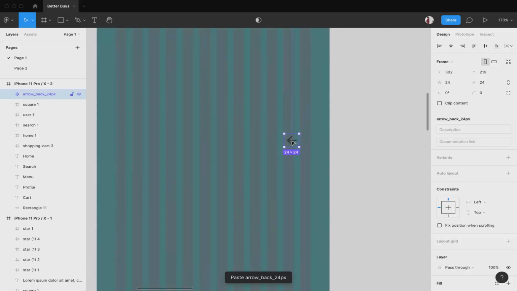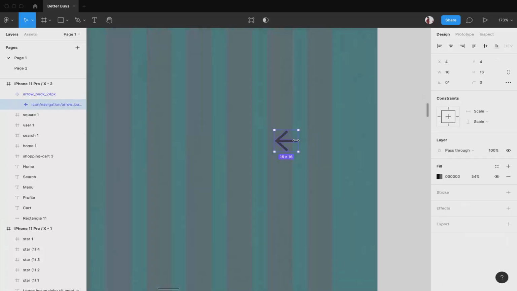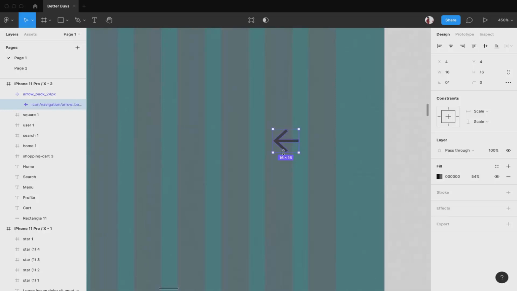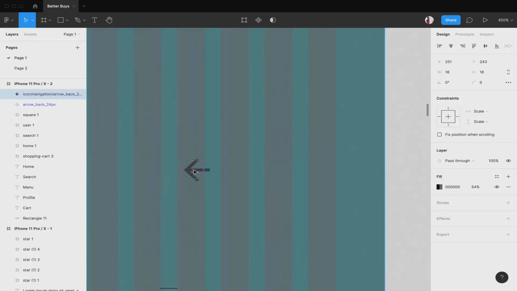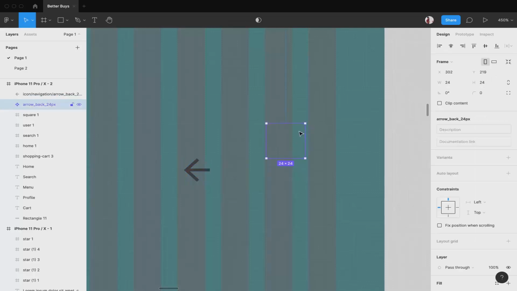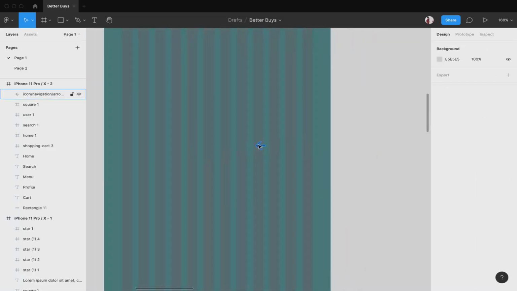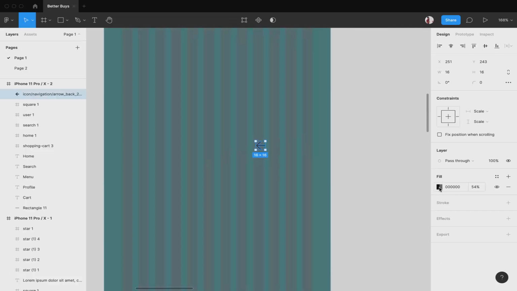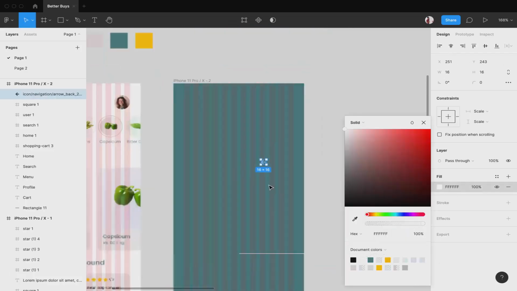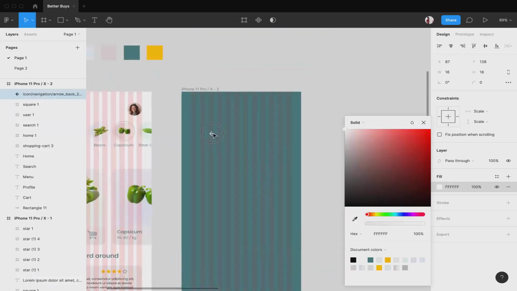Now in that everything is inside a frame. Means by frame I refer to this purple boundary that it has. If you double click on it, it will go inside the frame and select the actual item. I'll remove it away from the frame, and then finally I'll delete this frame. Now I want this to be white in color, so here it is. Now I want it over here.